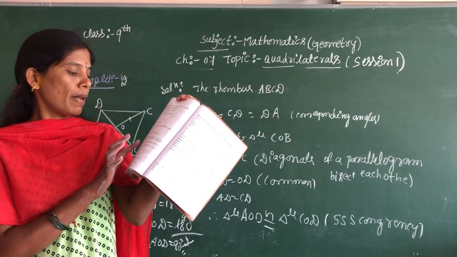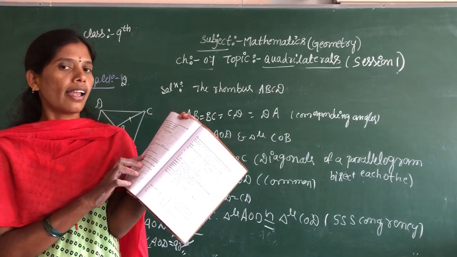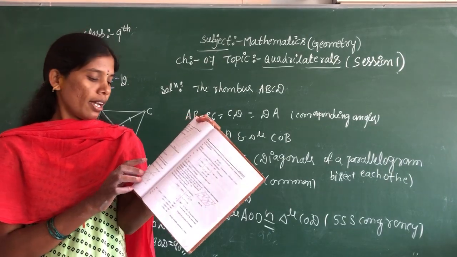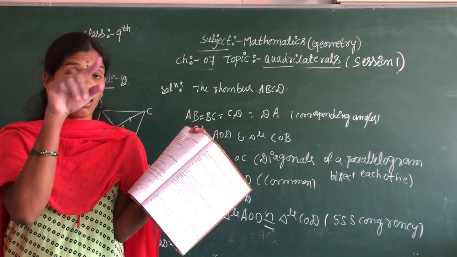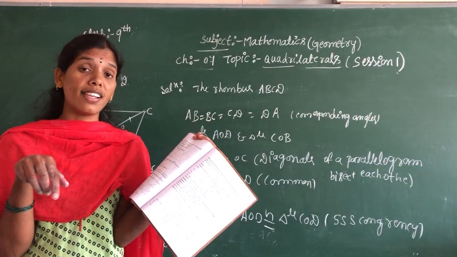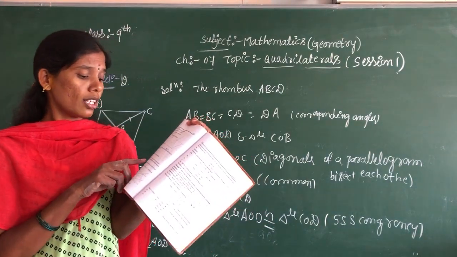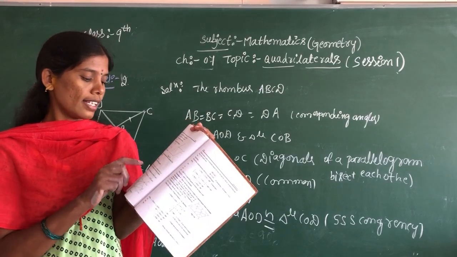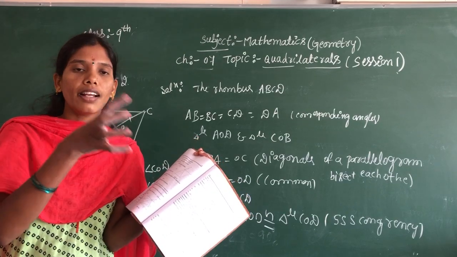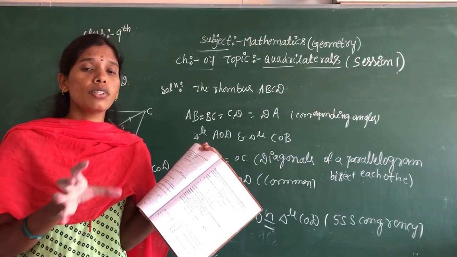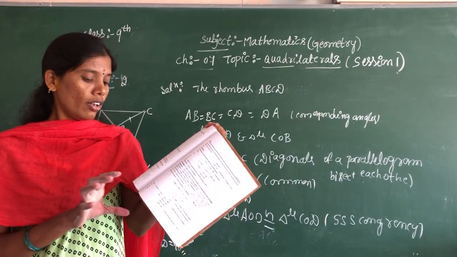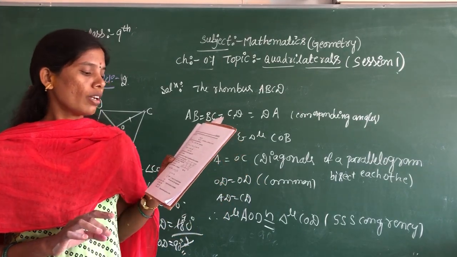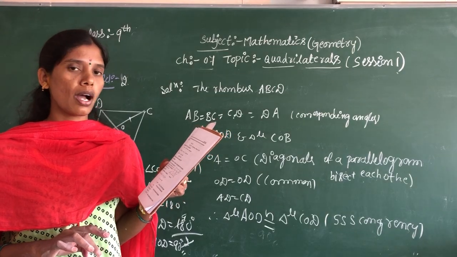Now next, example 4. Two parallel lines L and M are intersected by a transversal P. The middle line joining them is the transversal. Already you know the lines and angles chapter. Show that the quadrilateral formed by the bisectors of interior angles is a rectangle. You should copy this one also. Now next, example 5 also you should copy in your notes.